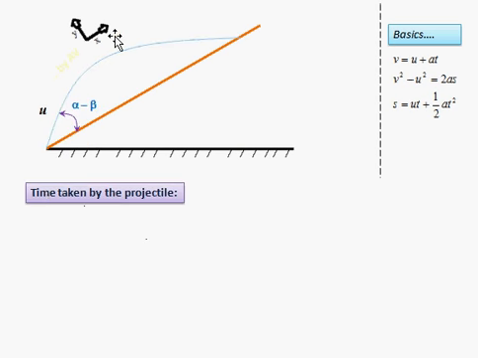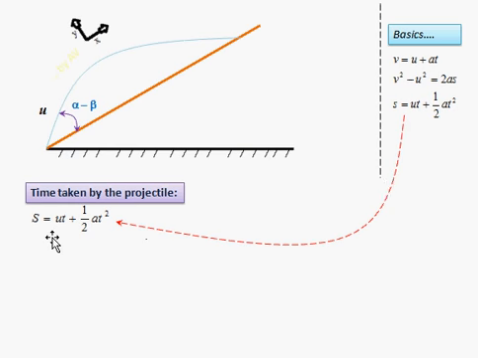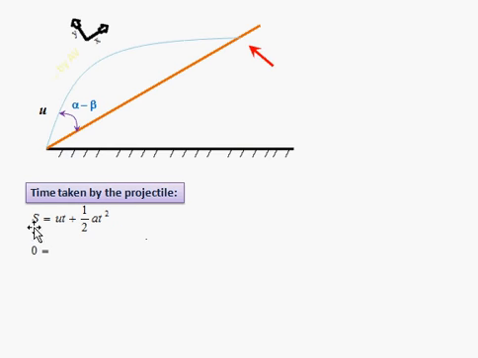So the first part is the time taken by the projectile. That is the time taken by the projectile to travel from this place to this place. So I am utilizing the third formula which has the distance and time parameters. First, I am substituting 0 instead of s. This equation is wholly considered the vertical part of the motion. Hence, there is no vertical distance between the particle and the inclined plane in this position. Hence, I am substituting 0 here instead of s.